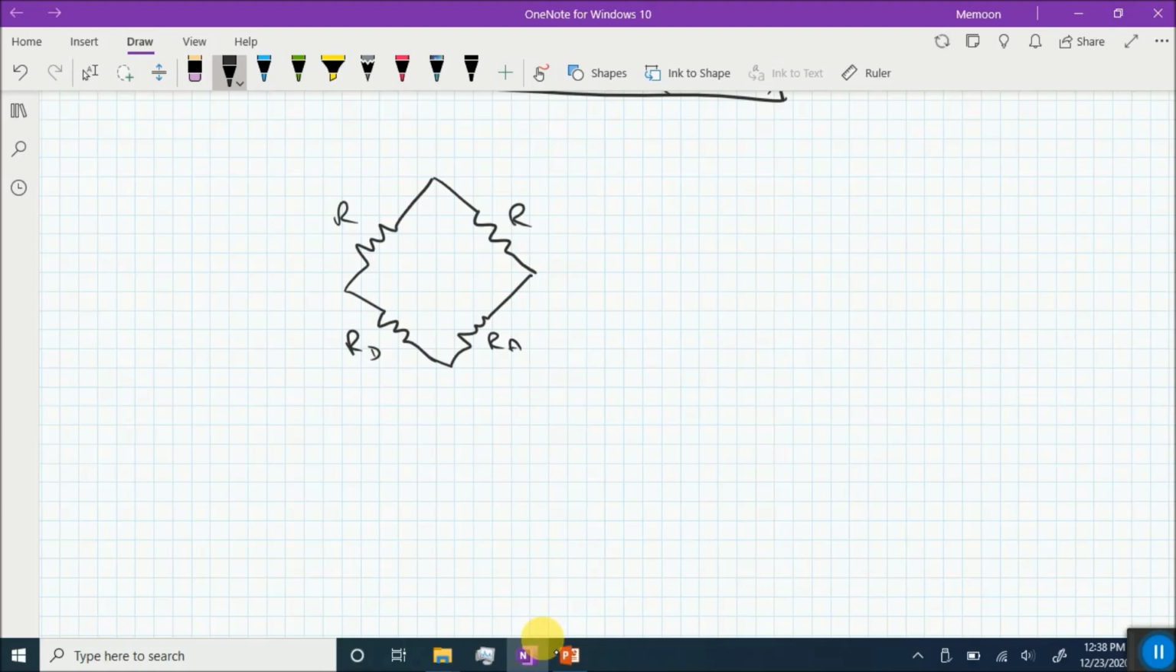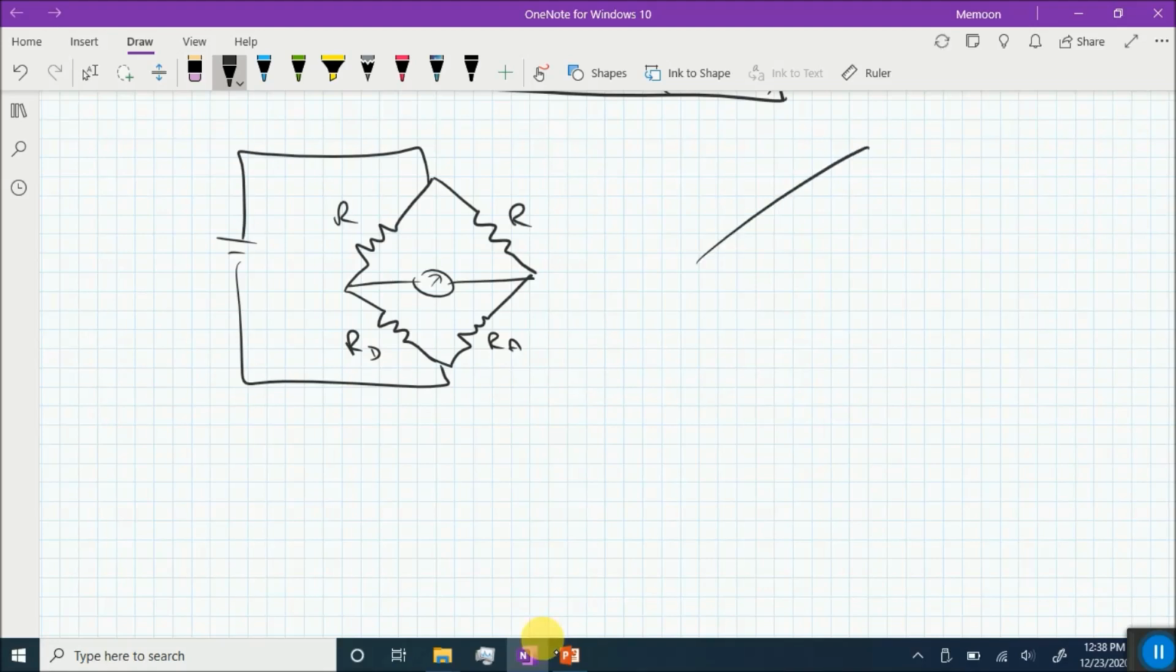D stands for dummy strain gauge and A stands for active strain gauge. Now some power is supplied to this, and here is your V out or the detector. So how are the dummy strain gauge and active strain gauge connected on a beam on which we want